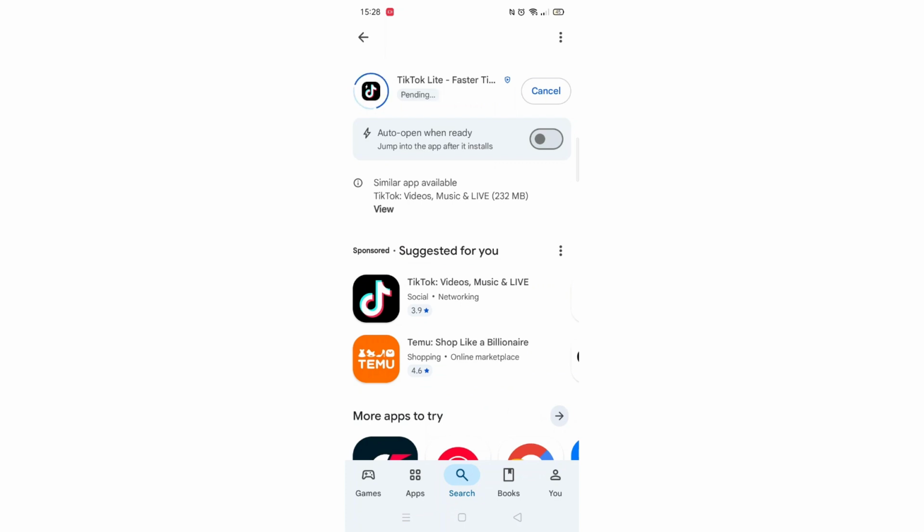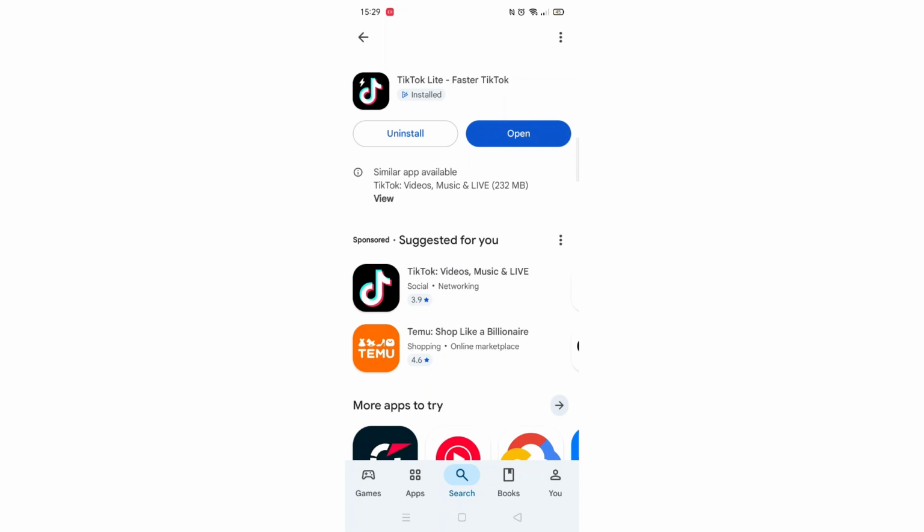That will now start downloading to your phone. Once the download's complete, it will start installing. Once the app's downloaded, you can either open it straight up by clicking the blue open button, or you can